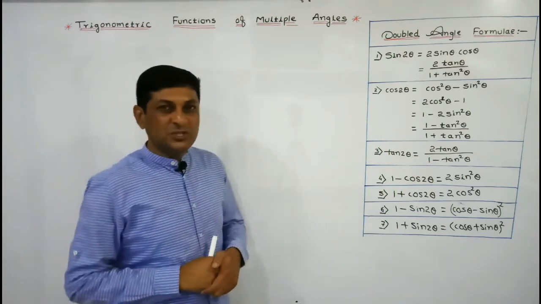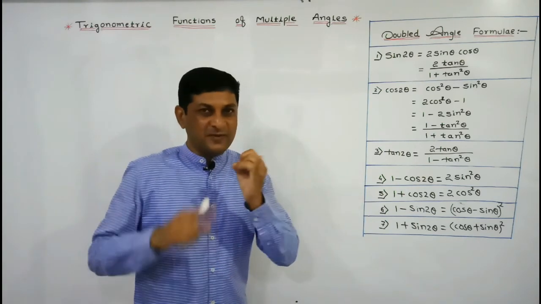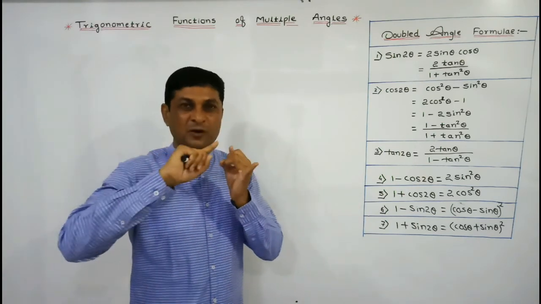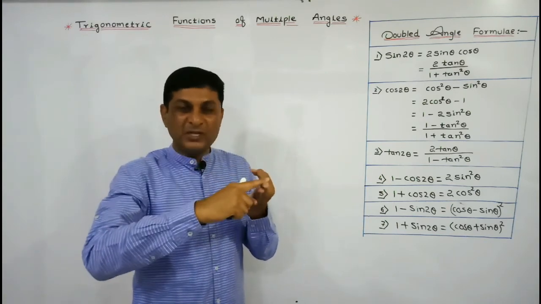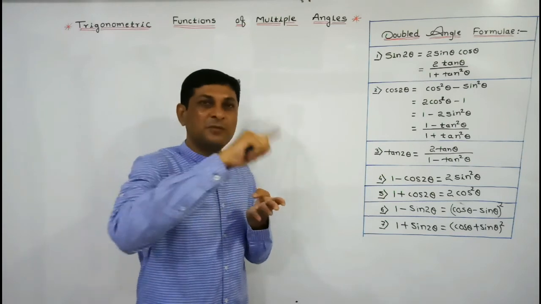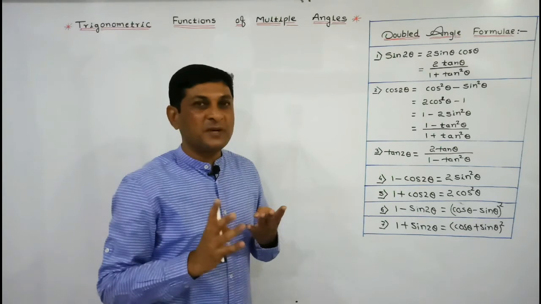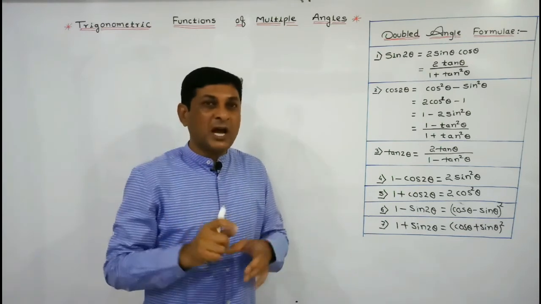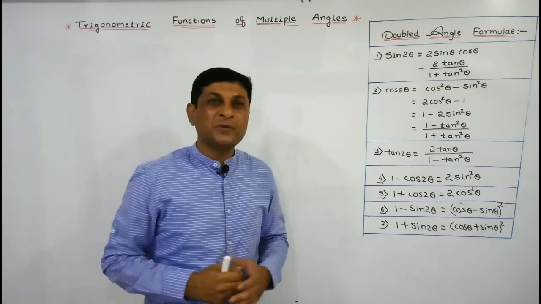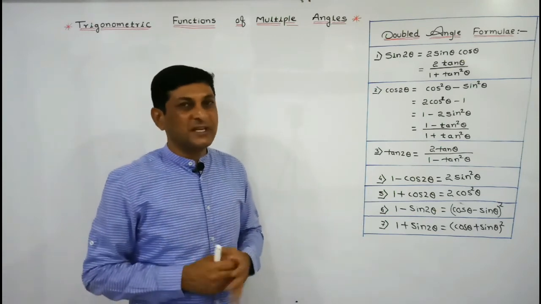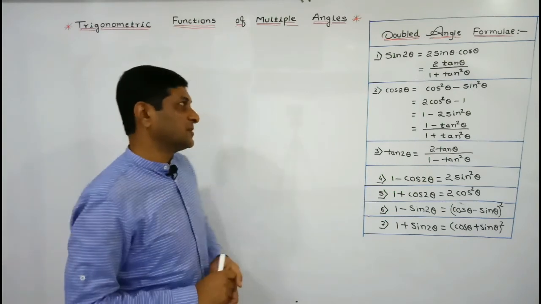Up till now in this chapter, which important formulas we have proved? Interrelation between trigonometric functions, which we have seen in the first part of trigonometry, then fundamental identities. In this chapter we have proved compound angle formulas, allied angle formulas. In the table of allied angle formulas we have collected the formulas of trigonometric ratios of negative angle also. So prepare the chart of all these formulas and paste it in your study room, because these formulas we have to use in many chapters in class 12th also and in class 11th also.